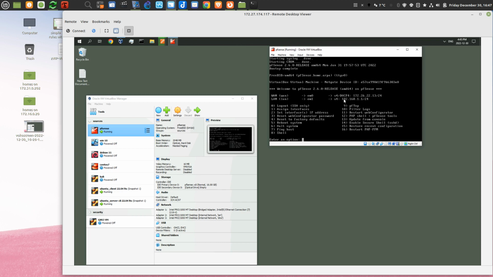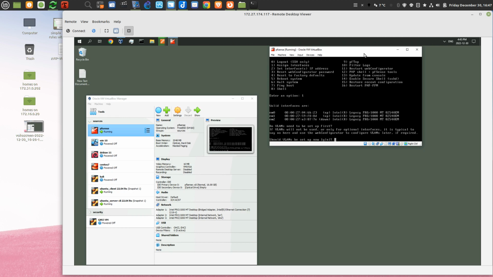Now my local area network provides me with an IP address, which is okay with me. But if I would like to change it, I could go and do some changes here. So if I click 1, which is for assigning interfaces, I could see actually which interfaces I have. Here they are, and if I'm not sure which one is which, for sure I could go to machine settings,